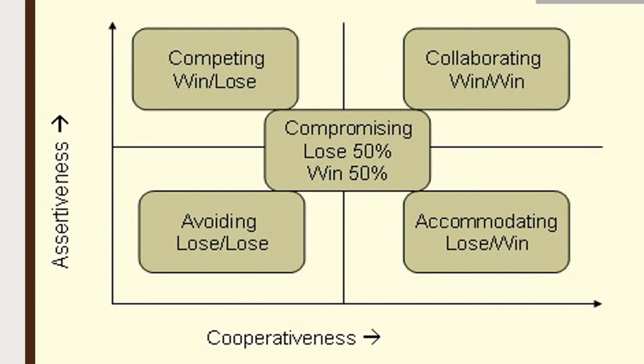I'm standing up for my beliefs and for the position that I have, and yet I am also willing to cooperate and listen to your side, and the two together end up coming up with maybe a third way, a better way, and they collaborate and come to an agreement that they both feel is a win. That is the Thomas Kilmann model of